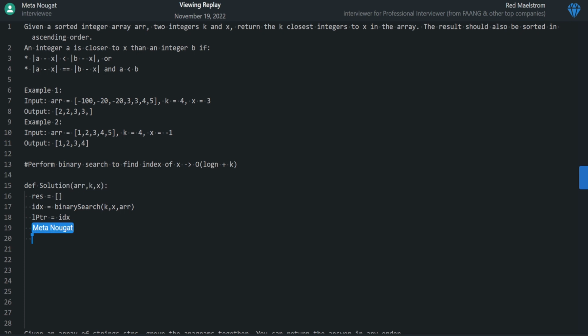And then if the absolute value of array[left pointer] minus x is lower than the absolute value of array[right pointer] minus x,